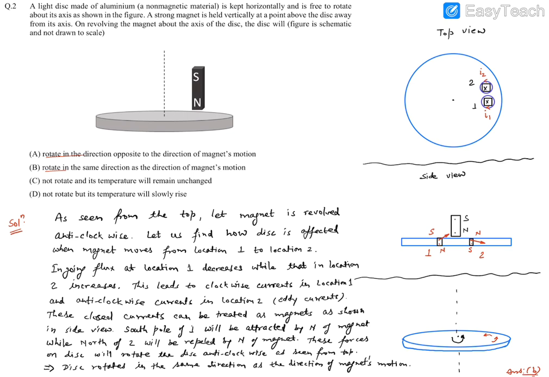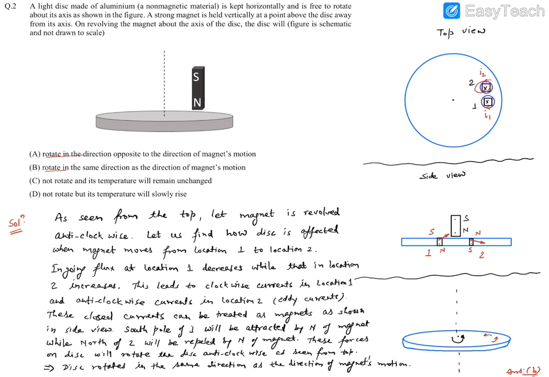Hence the induced current will be such that the magnetic field will go inside. Hence, as per Lenz's law, the current must be flowing this way, that means clockwise. So I have shown one circular current-carrying loop, or you can say current-carrying path. There will be several current paths because this is a conductor and electrons are available everywhere, so they will start revolving in circular paths. What happens at location 2?